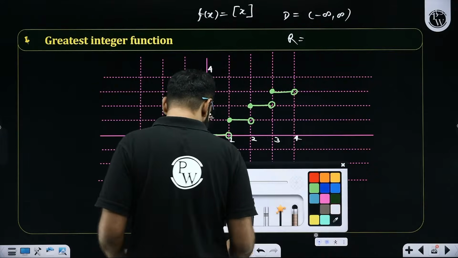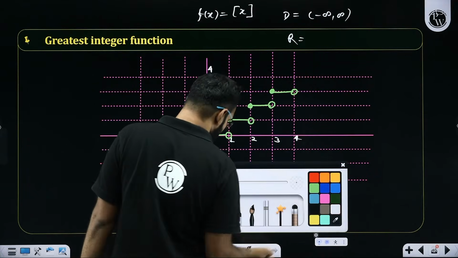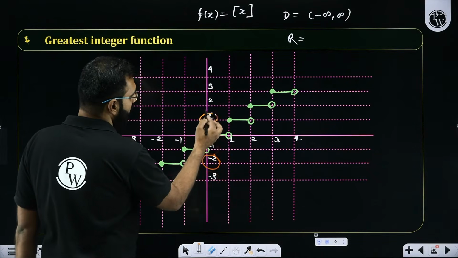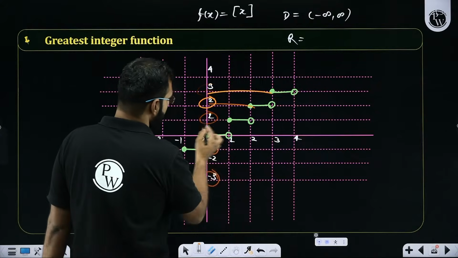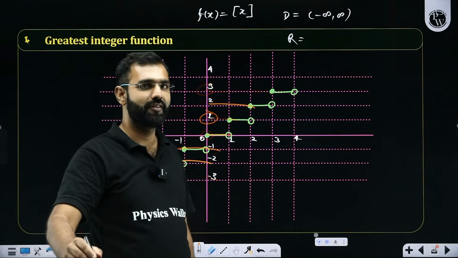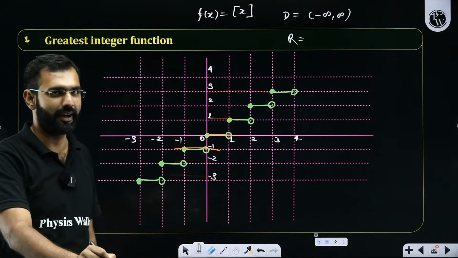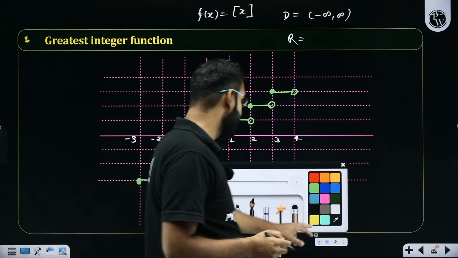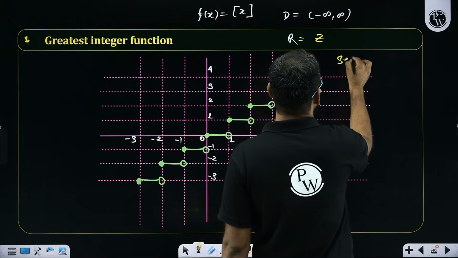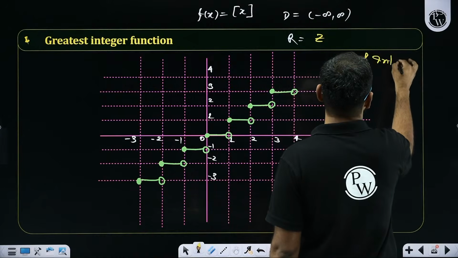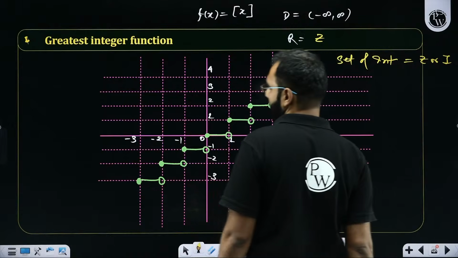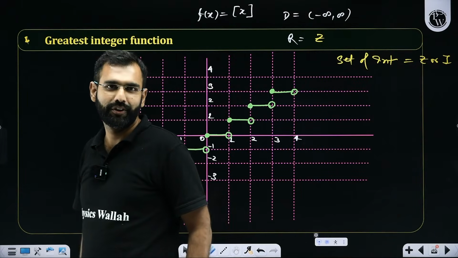Sir, if you notice, along with the y-axis, I am getting all the integral values only. The output is all the integral values only. I am not getting any value apart from integers. Yes or no? Absolutely, Vijay. That's brilliant. I hope all the other students must have also gotten that, sir, when you talk about range, it is the set of integers. And set of integers is given by either Z or I. Everybody got it?